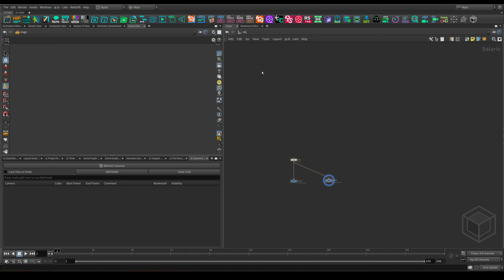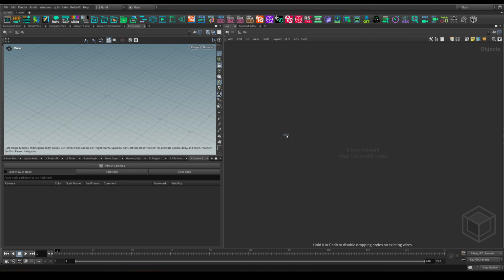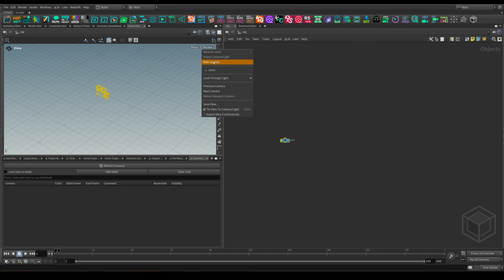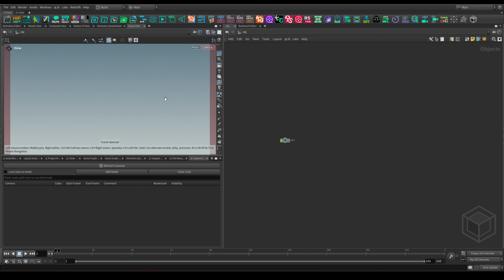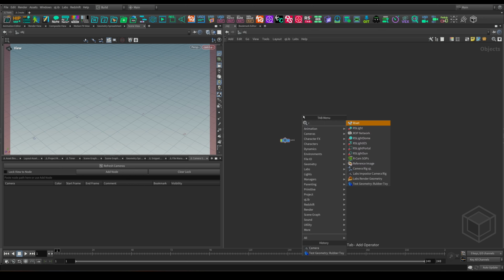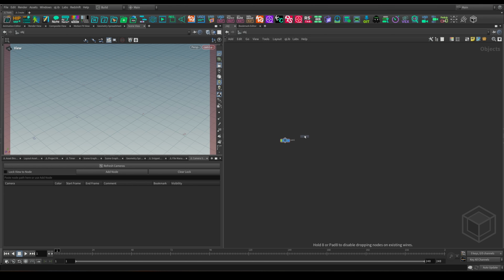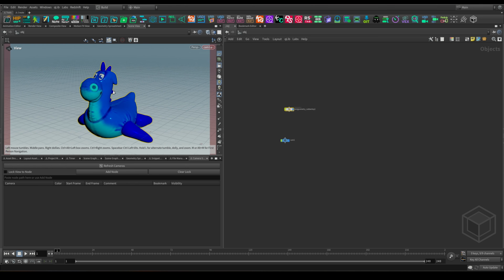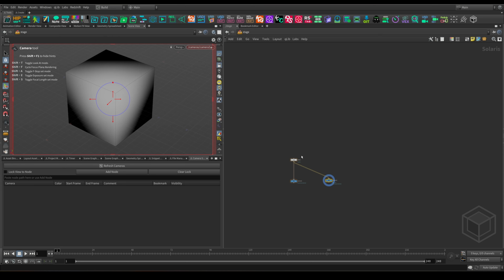So we can go to object context as well and create our camera, and then we can look through the camera, lock it, reset the view with space G, and then we can do maybe a rubber toy, move our camera here. In order to switch cameras to the other context, we'll have to go to stage, go in here. Maybe I want to select camera 1,